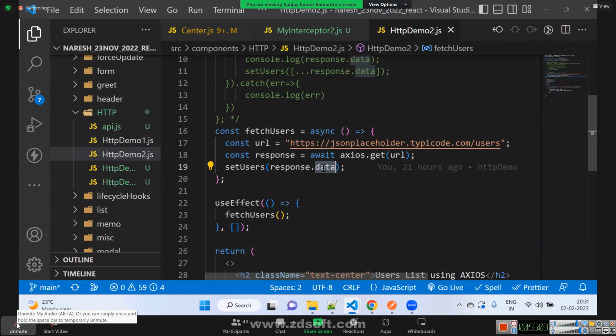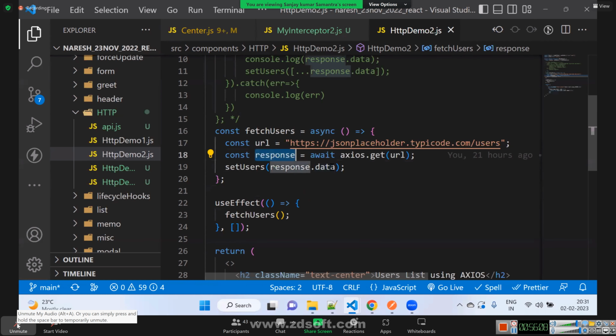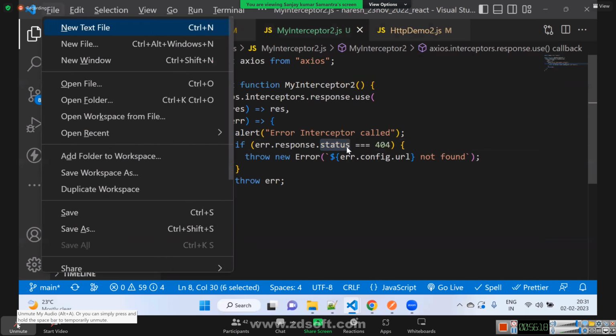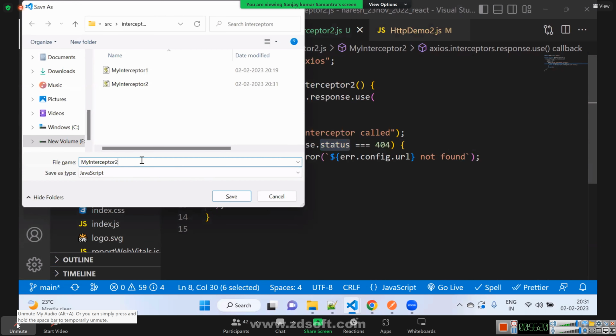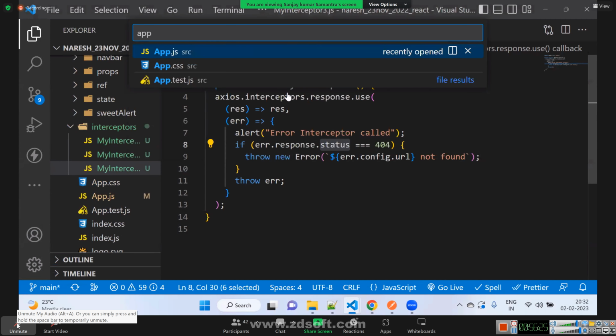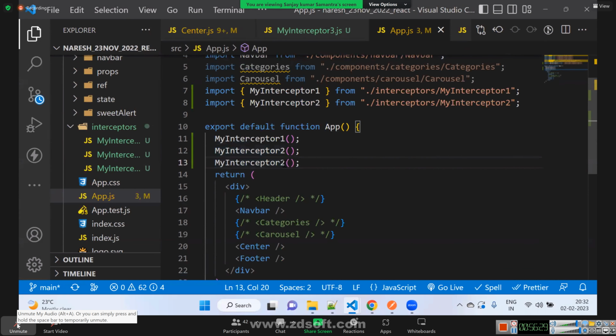If I don't want to do that, I will directly assign the response here. That is my requirement. Then I'll create another interceptor. The interceptor name is my interceptor 3. In app.js, we'll call my interceptor 3.